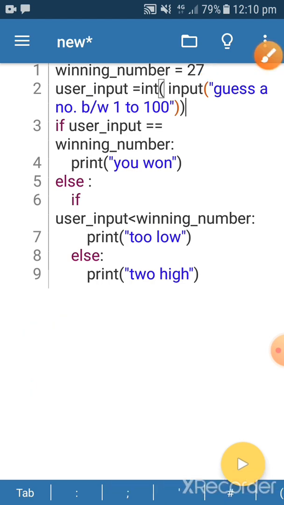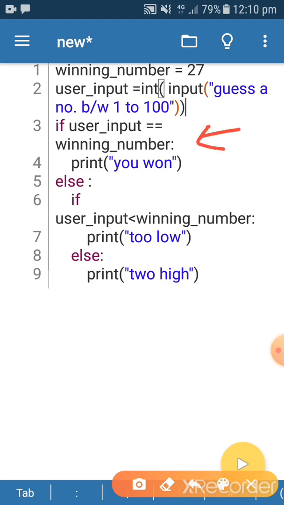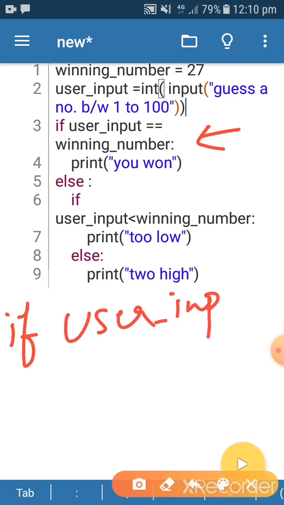Now next is the if condition. Here the spaces are less, so it is coming on two different lines, but it should be on one line. The next line is if user_input equal to winning_number. user_input is the number given by the user.